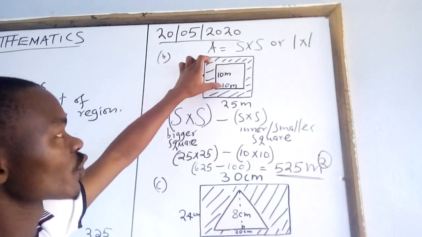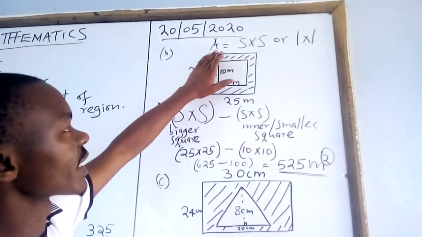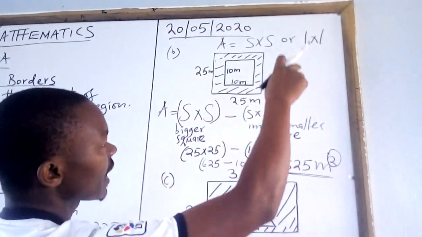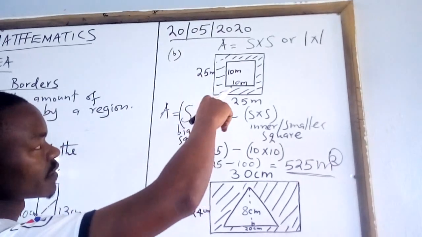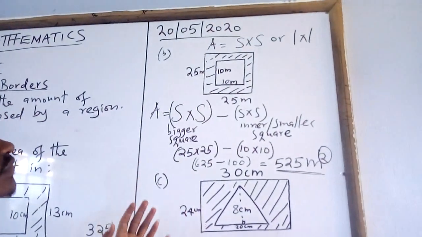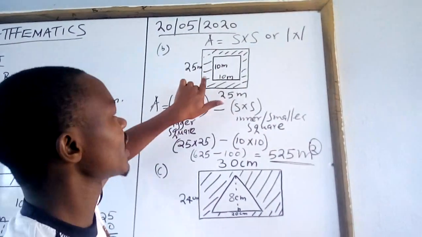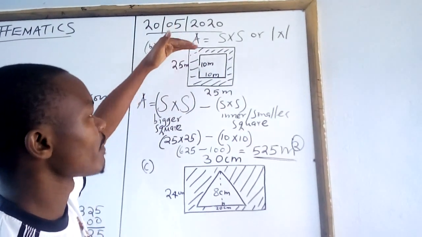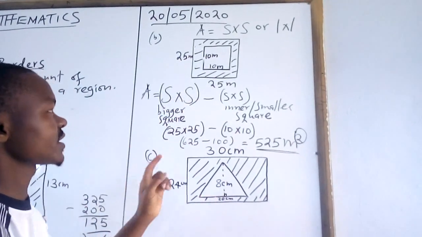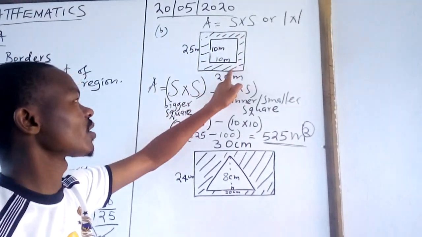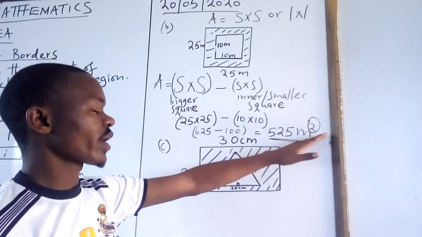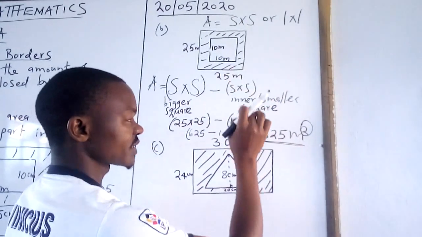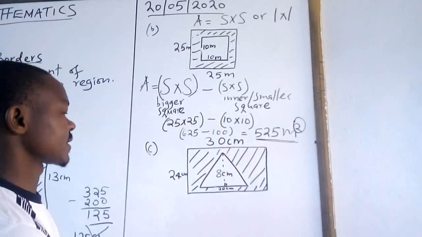Remember, for you to calculate the area of the shaded part here, we simply need to find the area of the bigger square minus the area of the smaller square. Just get the difference, because we have a bigger square, then we have a smaller square inside. That difference is the area of the shaded part that we are talking about here. Remember, area is measured in square units, so you have to check on the unit. Don't talk of centimeters if it is meters. So you talk of square meters.